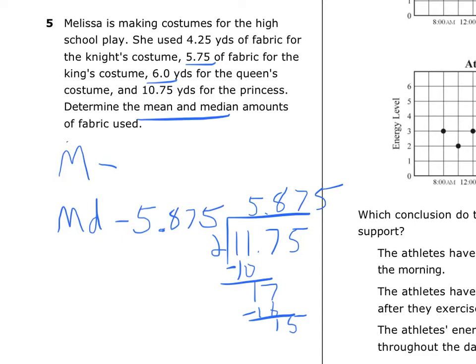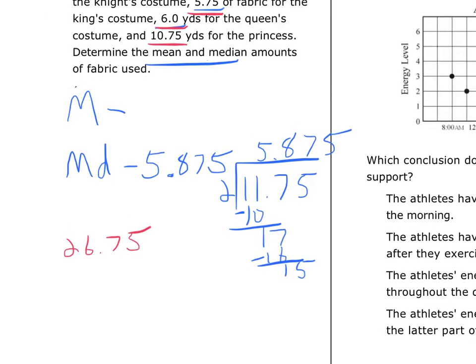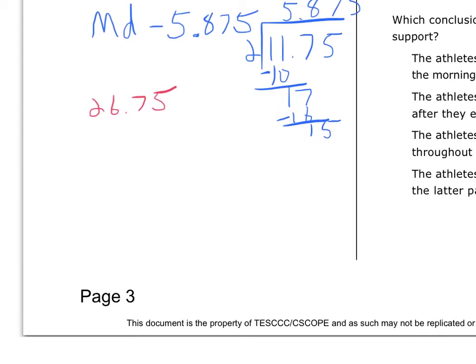And then finally on the mean, all right, we got to add them all together. 4.25 plus 5.75, that adds together to make 10. Plus 6, that's 16. Plus the 10.75 gives you 26.75. Divided by 6. All right, that gives me